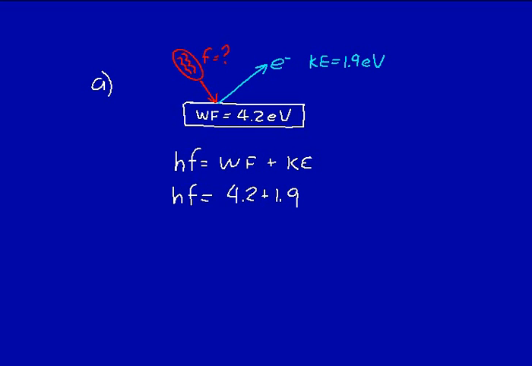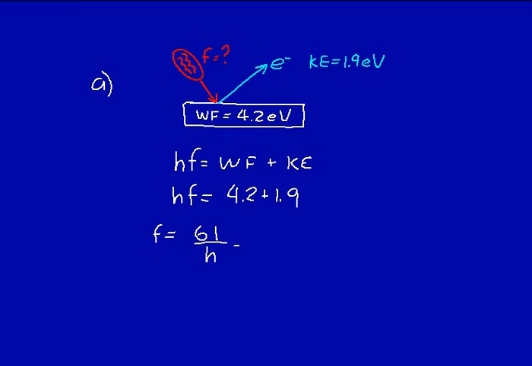There's no heat loss or anything like that. So all of the energy put in by that photon, some of it goes into releasing the electron. What's left over goes into accelerating that electron to its kinetic energy of 1.9 electron volts. So we want to solve for frequency here, and that means we'll have Planck's constant. Well, let's just say f is going to be equal to 6.1